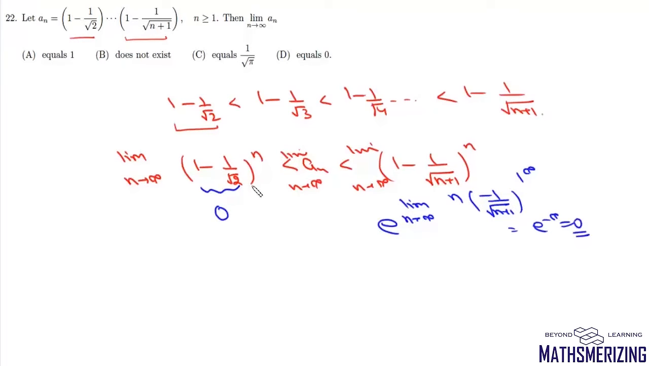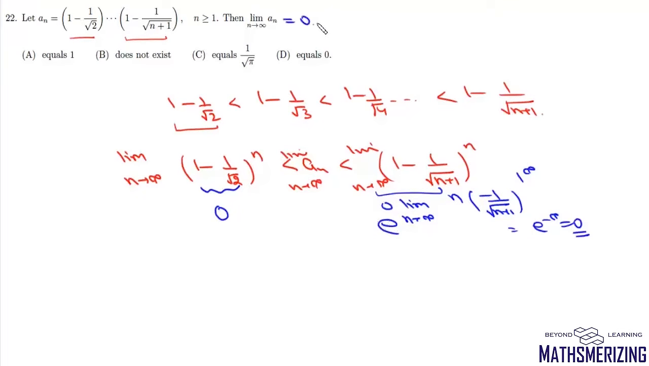So the limit on the left is 0, and the limit on the right is also 0. Then from the sandwich theorem, we can say that the limit as n tends to infinity of a_n will be 0, and that's your option number D. Now question number 18, it says let P_n be the number of digits